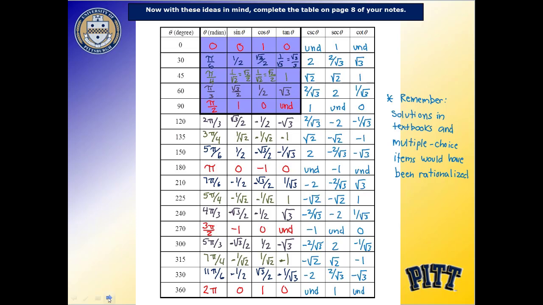But as I said, each and every one of these values I filled in with this lighter blue color over here is just the result of me taking reciprocals of the first 3 trig functions. That's why I said these other 3 are not as important to us in this course. Knowing what they are is important as far as what trig functions they're related to, or which trig functions they're reciprocals of, because cosecants and secants in particular, and maybe a cotangent here and there, do appear in formulas